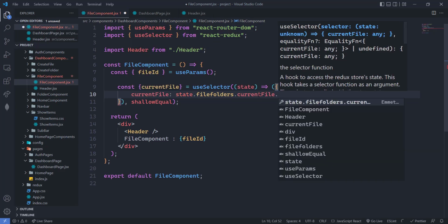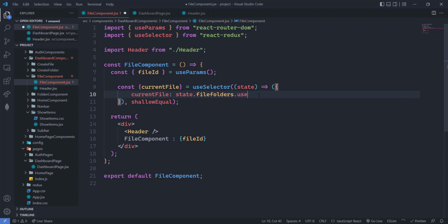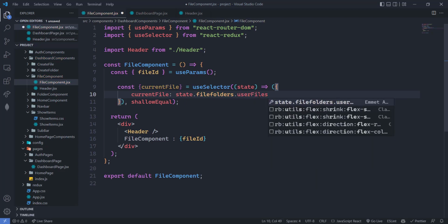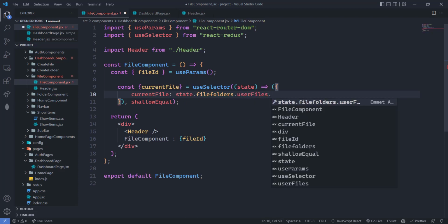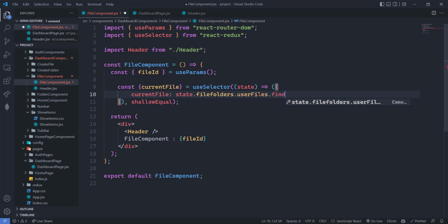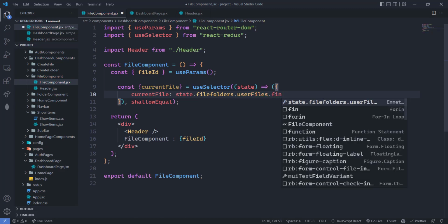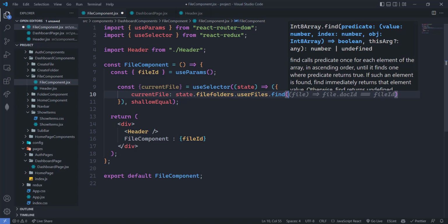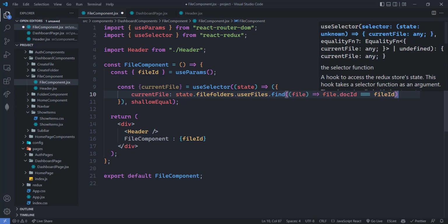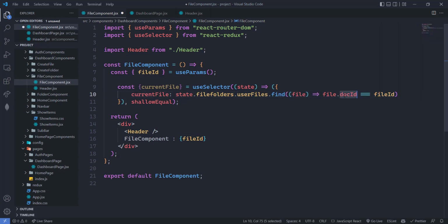Then we have the user files dot, then we are going to find the file. Find it. File, and here we will be having the file document ID should be the same as file ID here. So that will be our current file. So when I'm going to write here